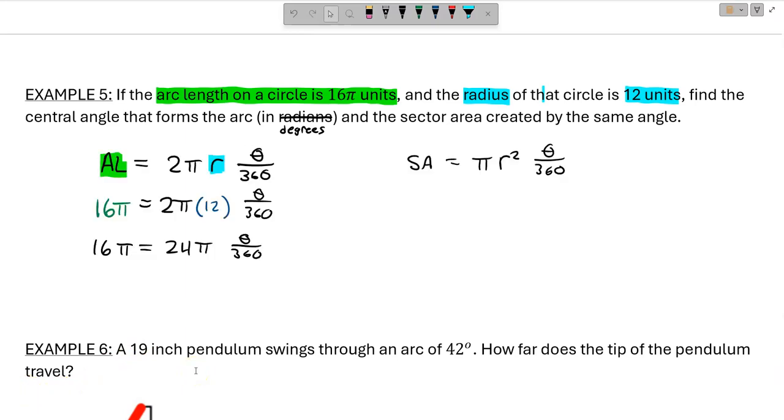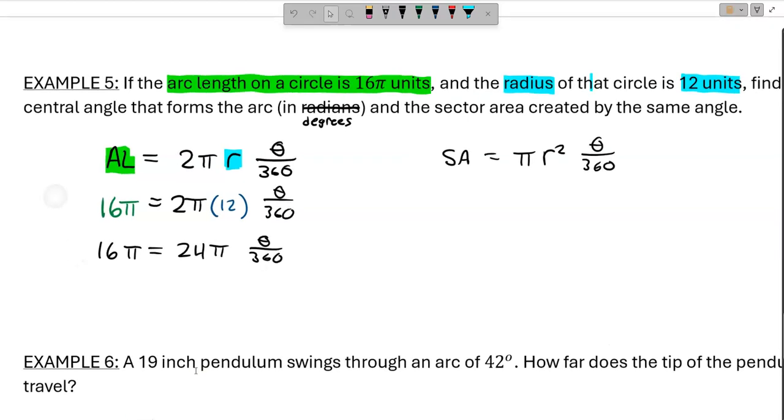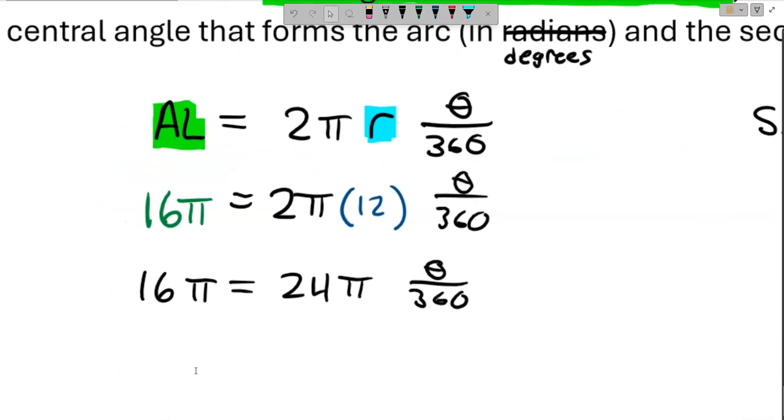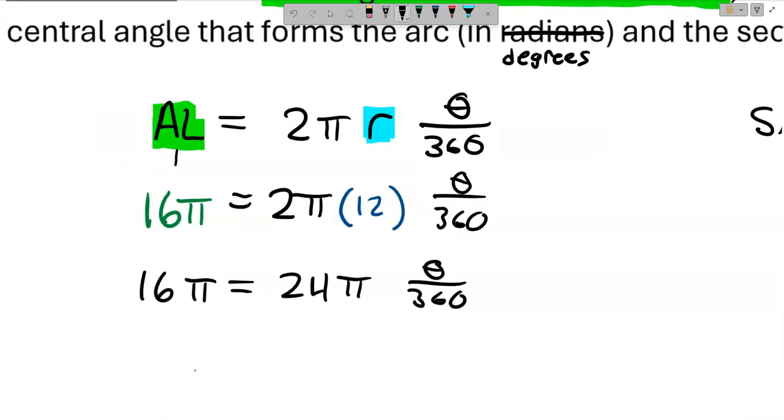So let's go over this. I don't have the problem fully done, but I have some steps put out because I want to talk about some of the middle steps of the problem. So we start with our arc length formula. We know the arc length is given as 16 pi. We know the radius is given as 12. So I substitute those things directly in, and then I went ahead and simplified my full circumference in this case,